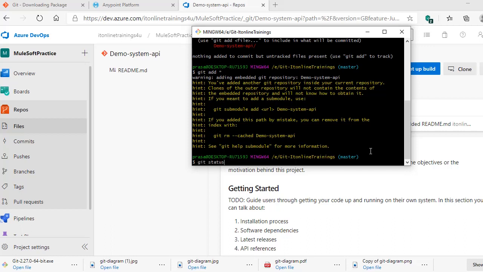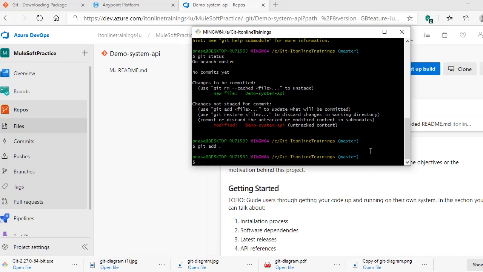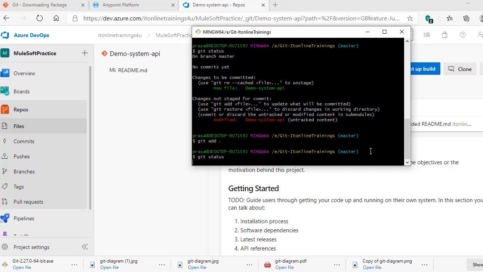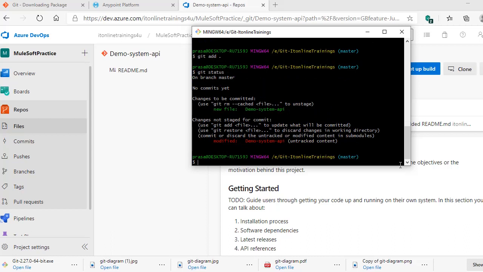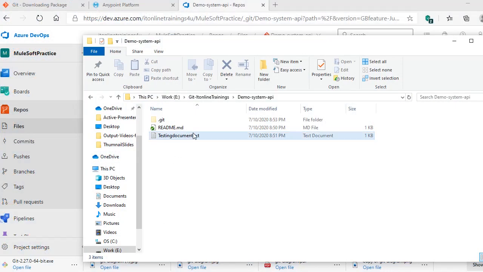Now let's see what the different files are. You can go back to your folder.